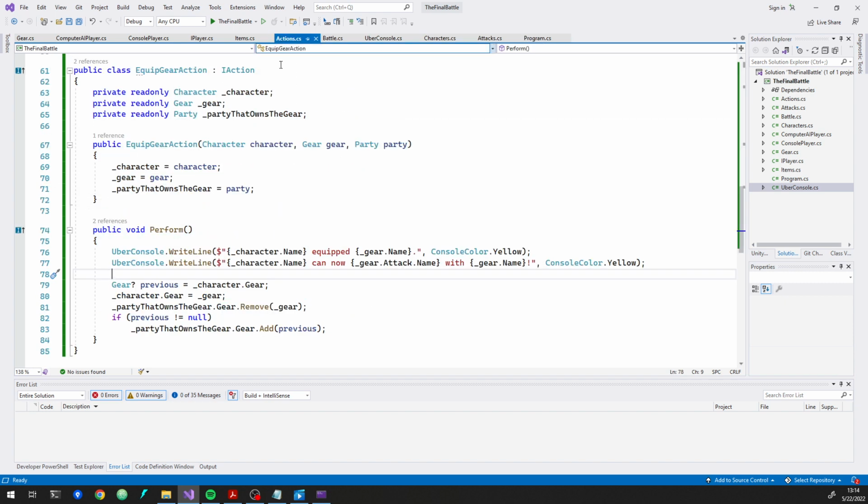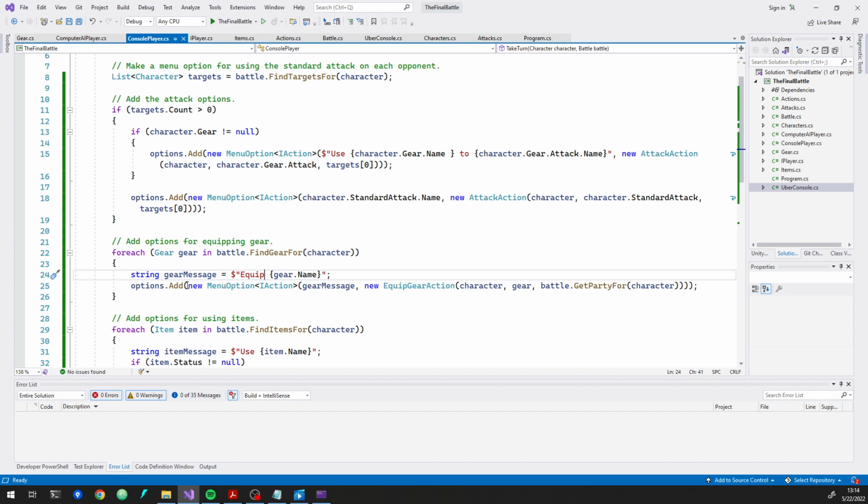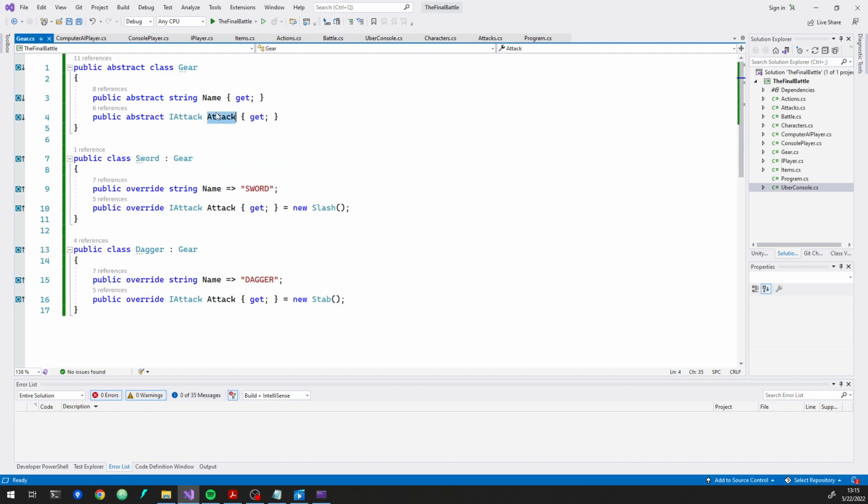And then we defined a new equip gear action. So that's a new thing that things can do. We made the console player and the computer AI player both have the option to equip gear and to use an attack provided by gear. And right now, that's all gear does. All pieces of gear will always provide an attack